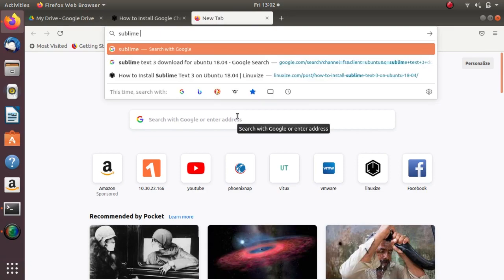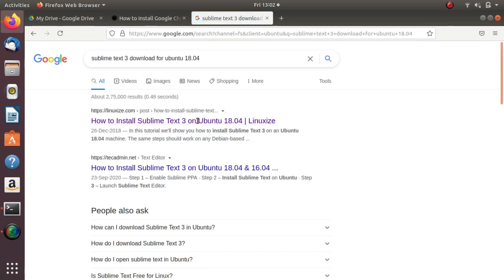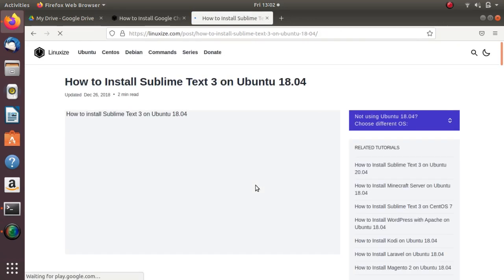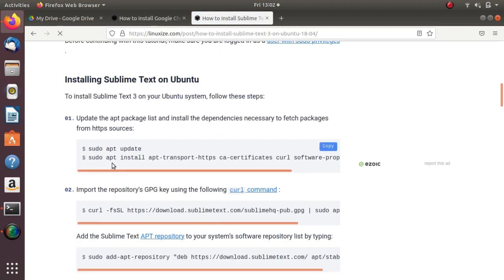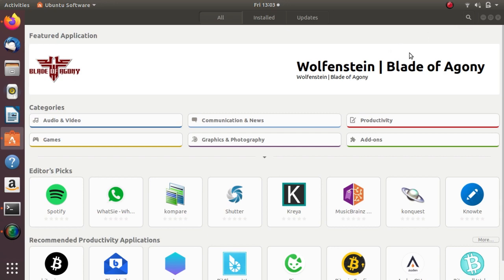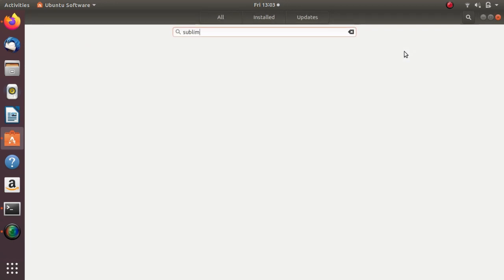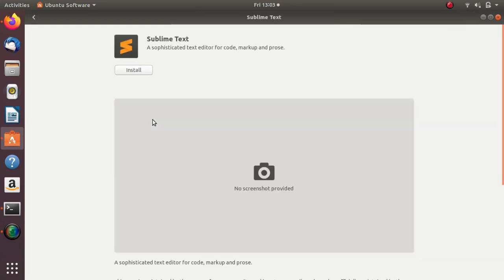Okay, next let's install Sublime Text. It is a notepad tool for programming languages. It is a very useful tool for programming languages. Here are the step by step installation commands. If you think this is very difficult to install, then go to the Ubuntu Software Center. Let's search for Sublime Text. Yeah, here in Ubuntu Software Center it is available.